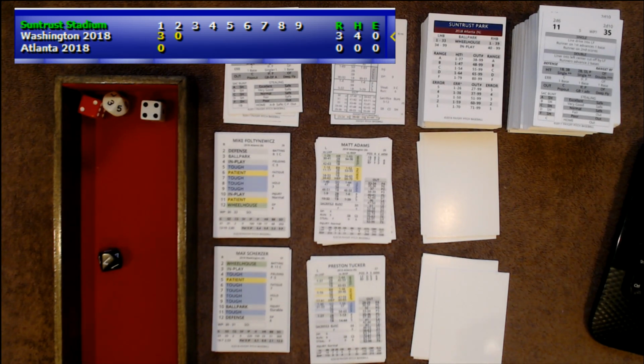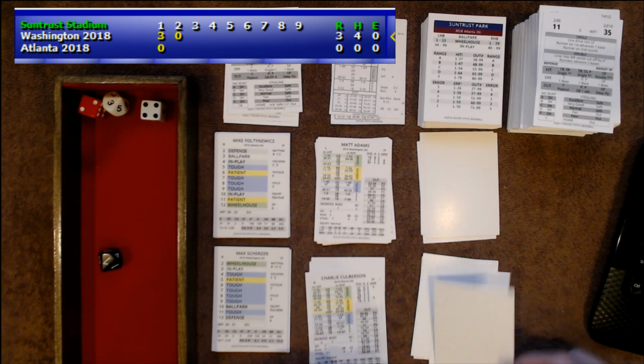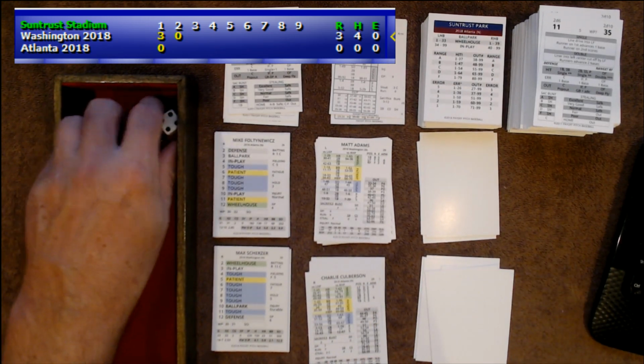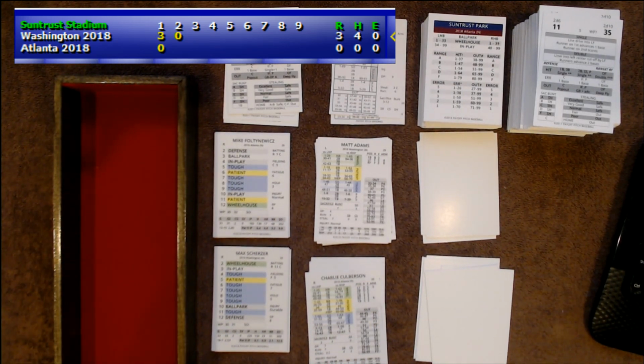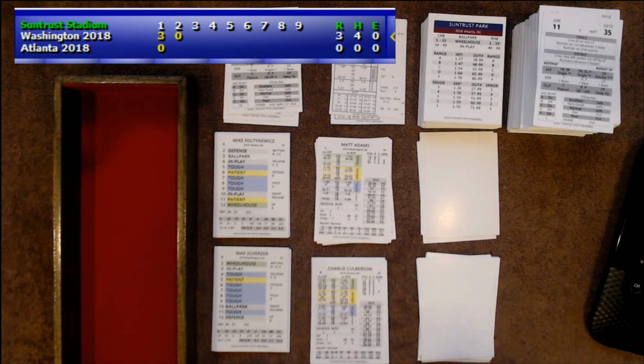That's a 6. That's a tough 73. That's going to be out of range. 73 is going to be a fly ball. He's going out there to center field. 2 away. And that brings up Charlie Culberson. He's making the start in short today. So we won't be using him as a pinch hitter.